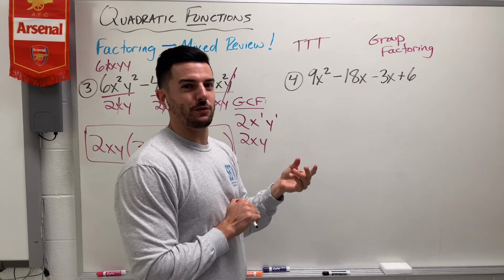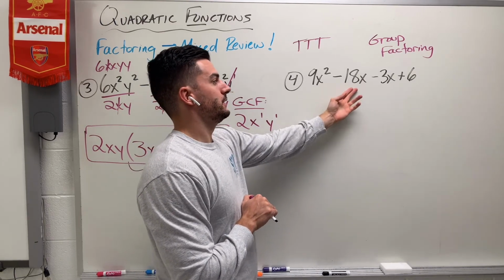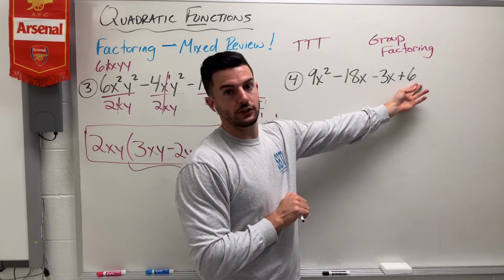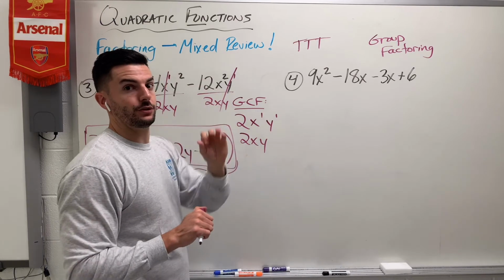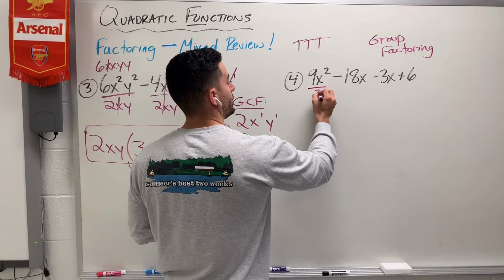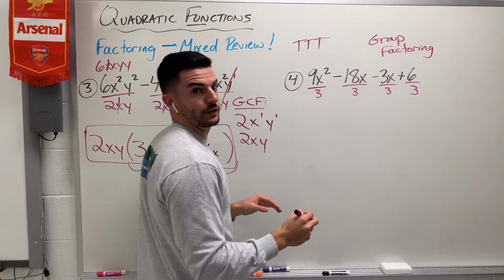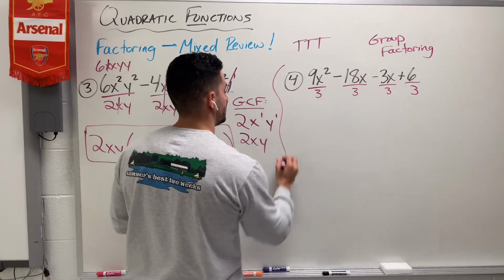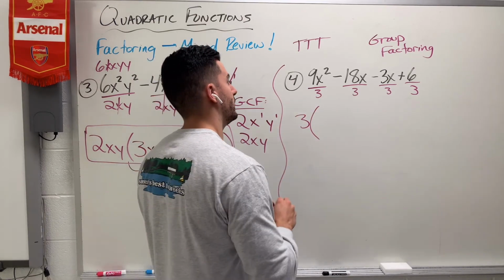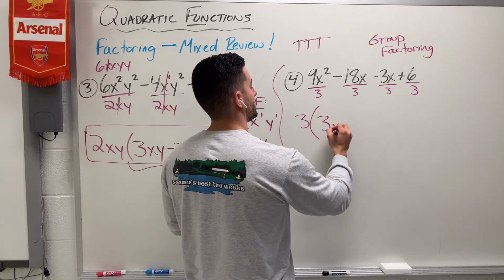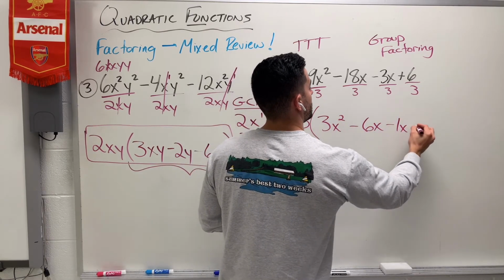you might not notice this, and if you don't notice it right away, you could still get the problem correct, but 9, 18, 3, and 6 are my coefficients here. Those all have a common factor of 3. So I could divide all of these terms by 3 to start and factor out that GCF. So if I divide all these terms by 3, I'd be left with 3x squared minus 6x minus 1x plus